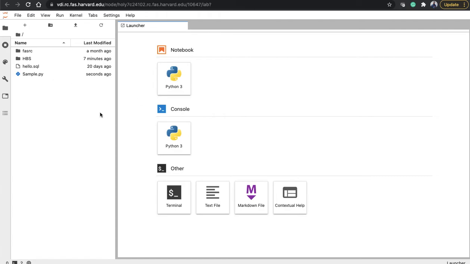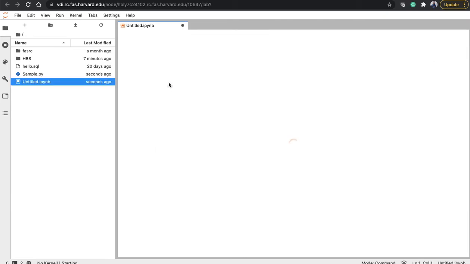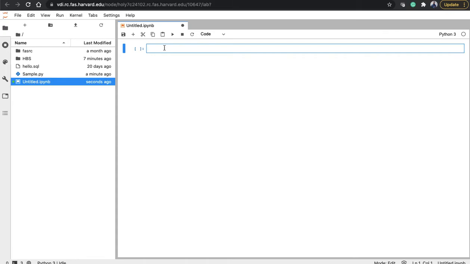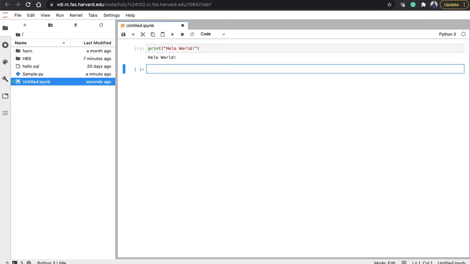So let me also show you how to create a Python file using the Python 3 notebook. To do that, you just need to click on the Python 3 icon under the notebook. Once you click on that, a new IPYNB file will be opened, and here you can just start writing some code like print hello world. You can just start executing it, and you can also open the Python files with .py extension